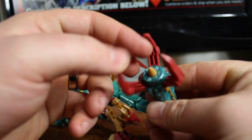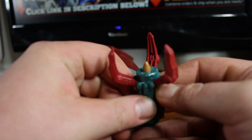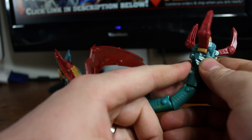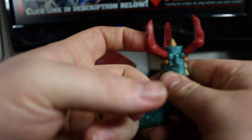Speaking of the tail, when you open it up, this little piece moves a tiny bit, and you press a button and it will close, kind of. There we go. Again,